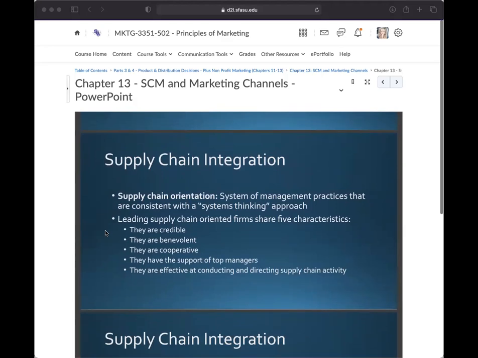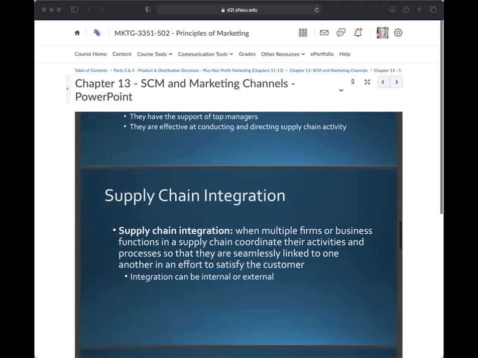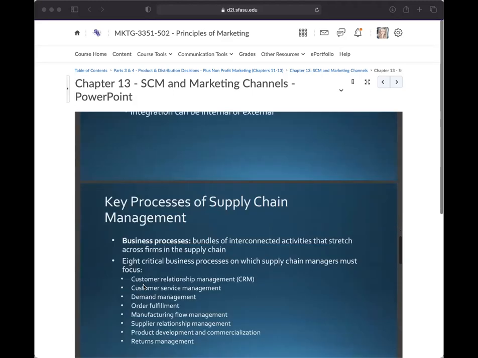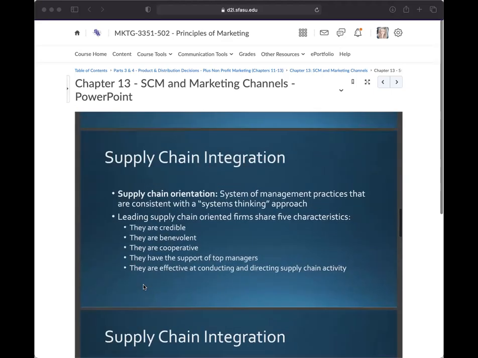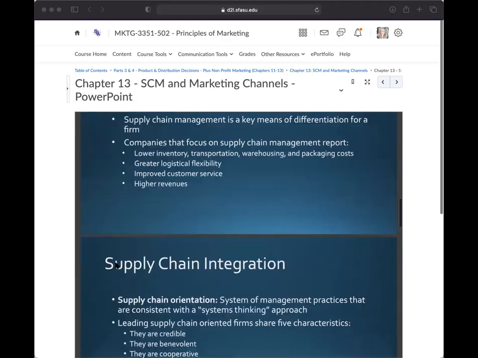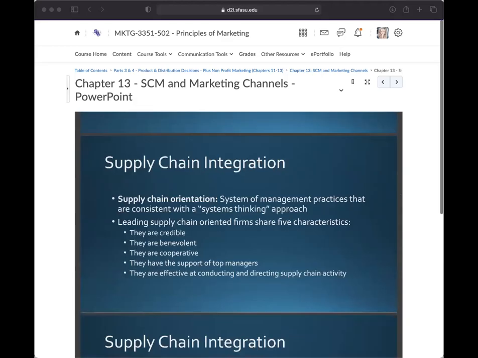Supply chain orientation is this systems thinking approach. So, when we are thinking about how one piece of the chain can either help make the process really smooth or can break down the logistics of getting something from A to B. So there are 5 different ways that this can happen and how you can integrate. You'll need to know all 5 of them. They're in your book. I guess they're not spelled out right here perfectly, but there is a place in your book that you need to look at where it talks about supply chain integration and how